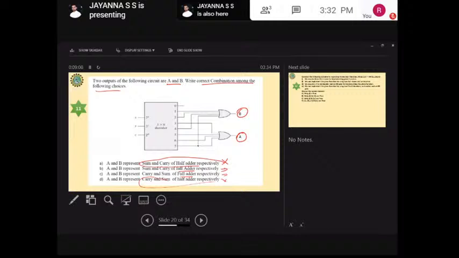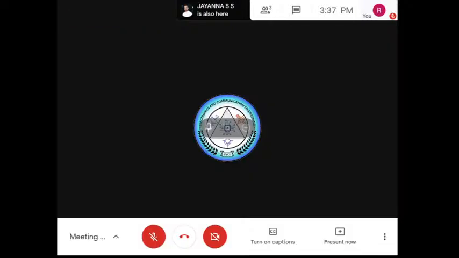Okay. Here, coming to these two options, you need to identify whether A represents sum or A represents carry. For that, you must know the truth table of the full adder. In a full adder, the output of the sum will be equal to